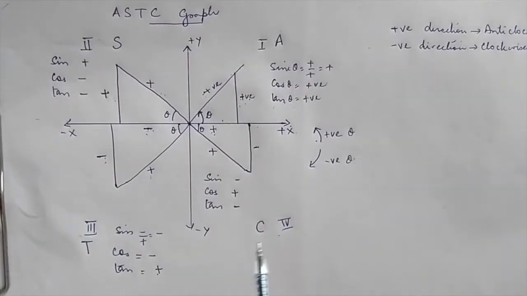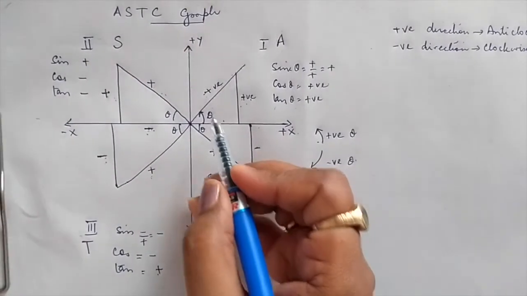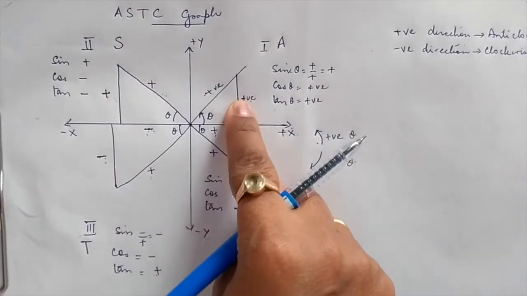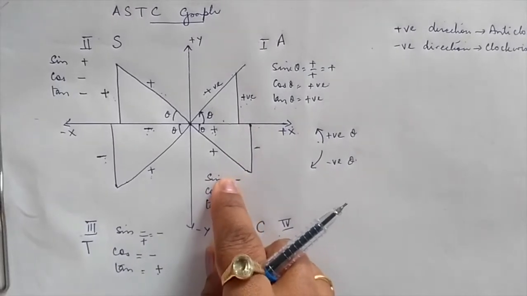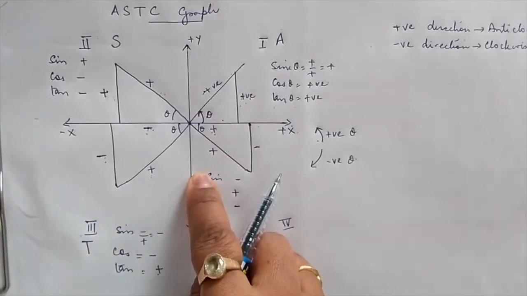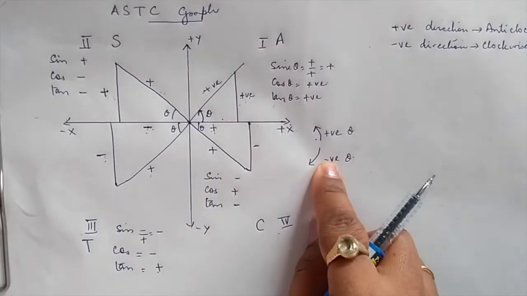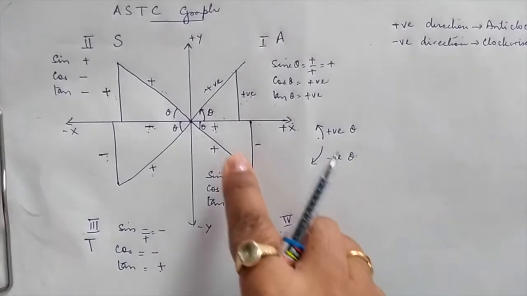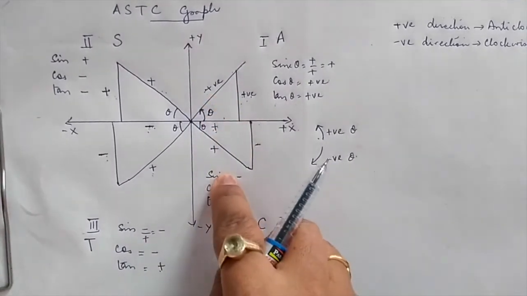So now if I say sine of plus theta, positive would mean I'm talking about the positive direction, so theta would be over here. But if I say sine of negative theta, sine of minus theta, that means I'm coming down, because I'm talking about negative theta. So it would be starting from here.